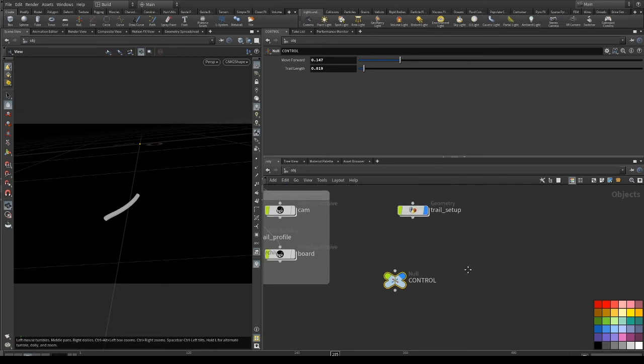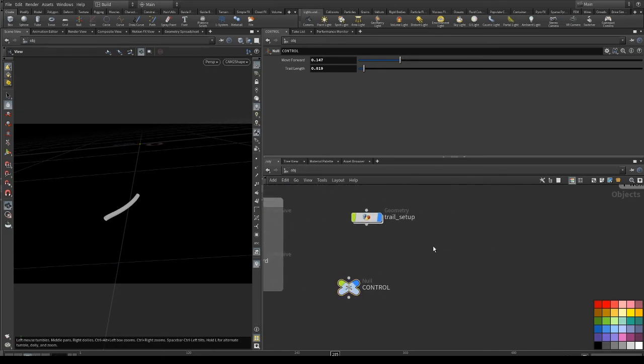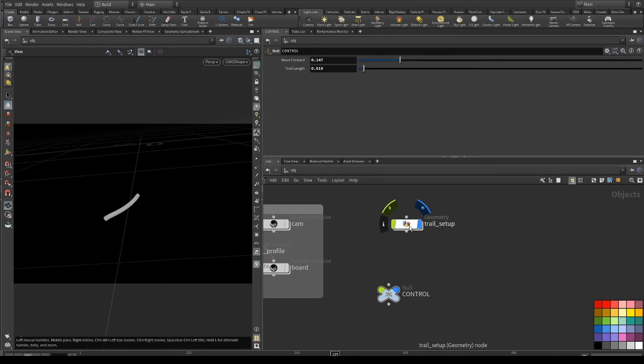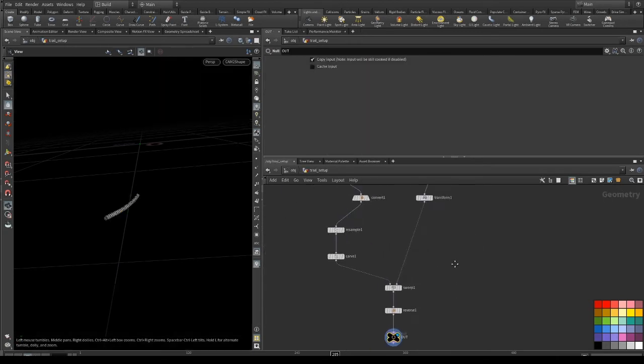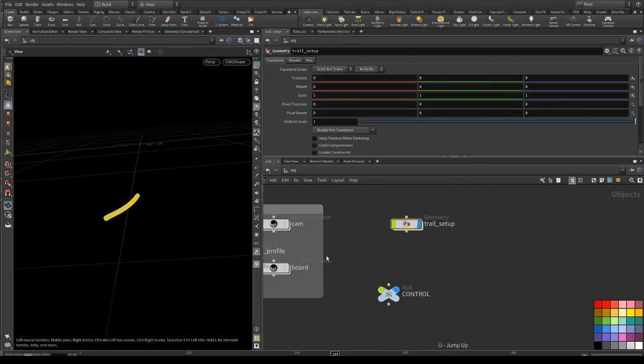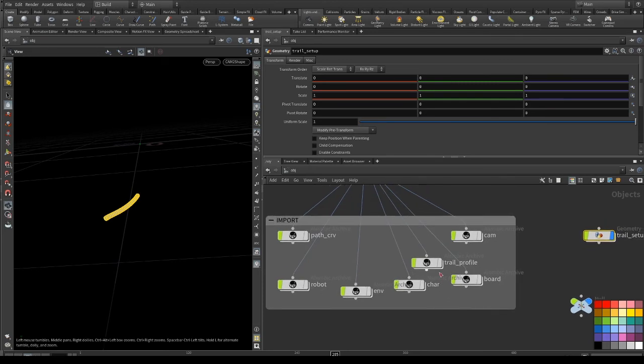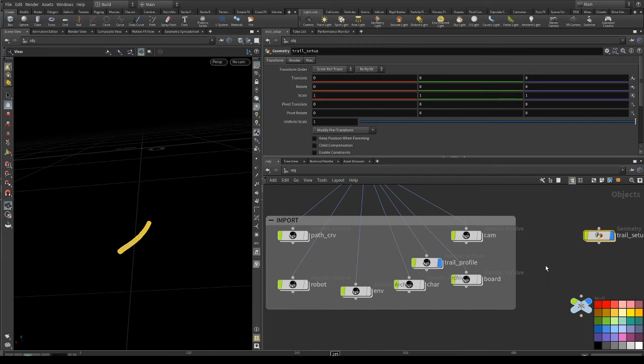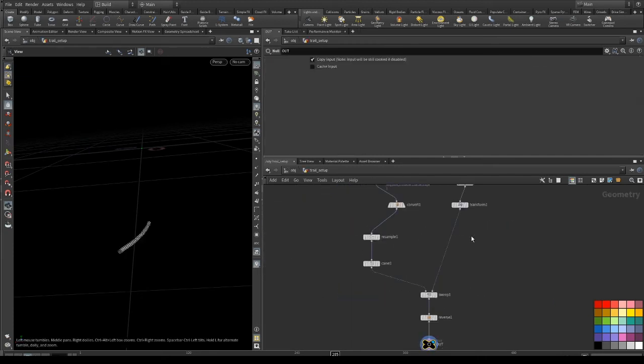Okay, great. Then let's bring our profile curve here. As you see, I already imported it here, this trail profile. And now I will use,